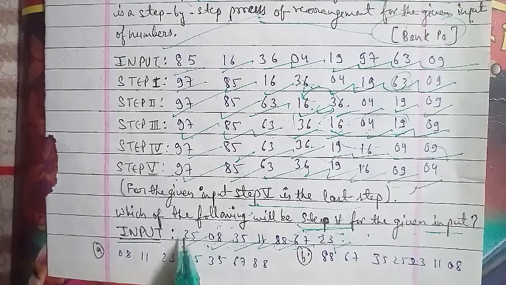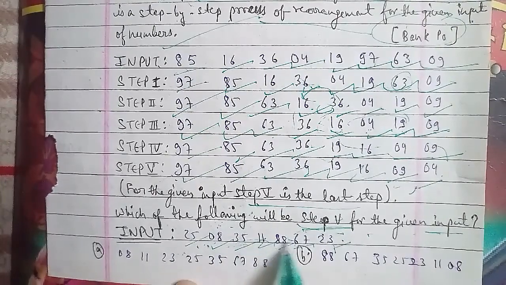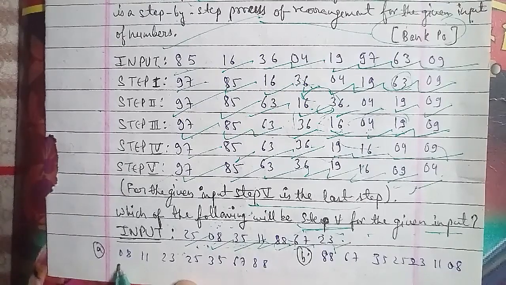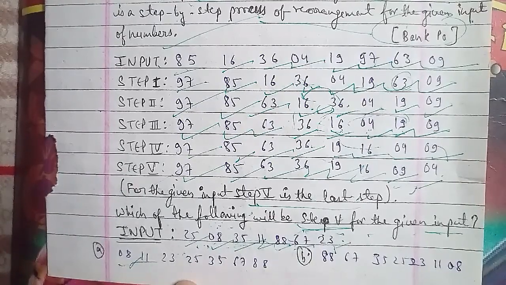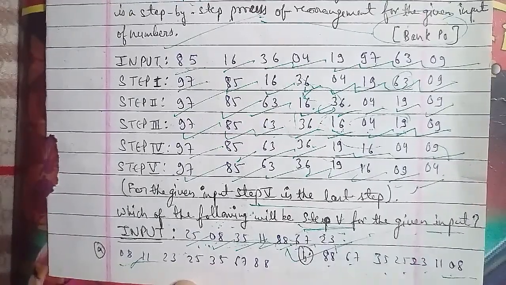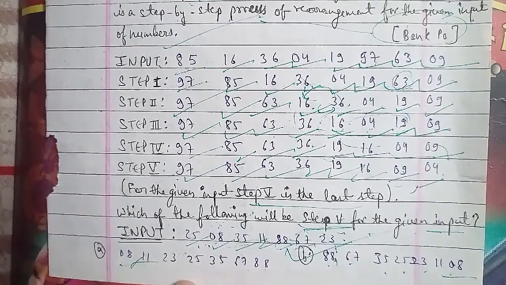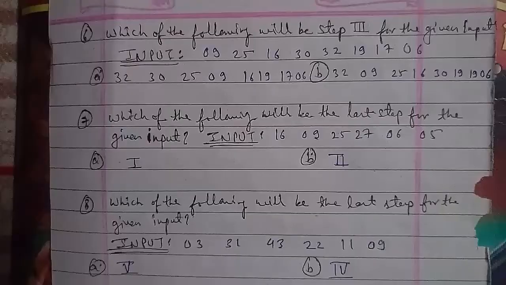32 जो कि यहाँ पे बड़ा है तो वो सबसे पहले पे आ जाएगा। तो 32 0 9 25 16 30 19 17 06 हो जाएगा। स्टेप टू में 32 के साथ 30 भी आगे आ जाएगा तो 32 30 0 9 25 16 19 17 और 06। फिर स्टेप थ्री में 32 होगा, 30 ऑलरेडी था, फिर 25 है यहाँ पे तो 25 भी थर्ड पे आ जाएगा। तो इस हिसाब से सीक्वेंस जो बनेगा 32 30 25 0